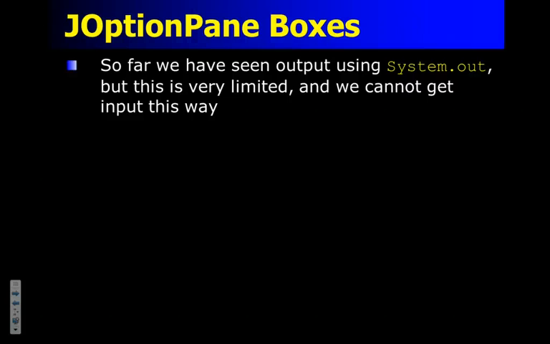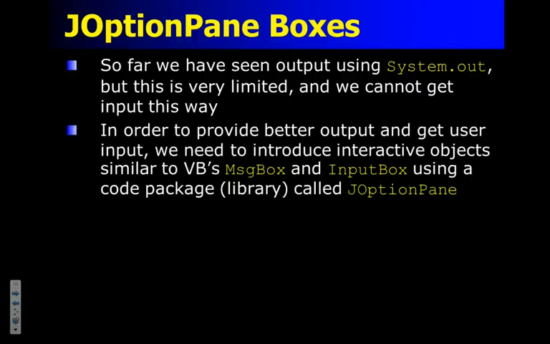So we can do outputs using system.out. That's a simple way to do outputs. But there isn't a simple system.in to get inputs. There is something like that, but it's not as simple as you'd think to use. Okay? So what I'm going to switch to now is a basic output dialog box, and in Java it uses